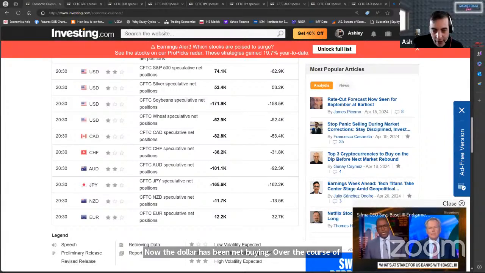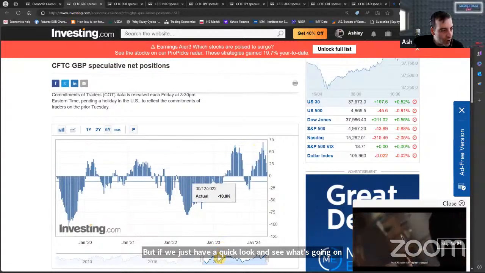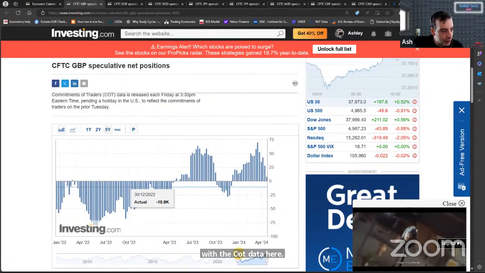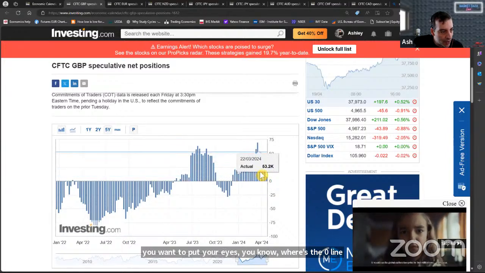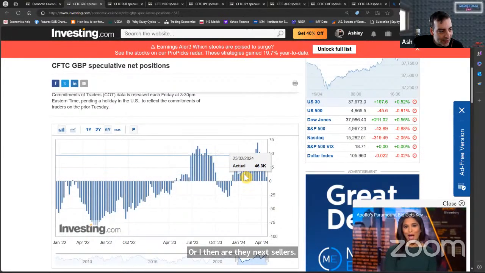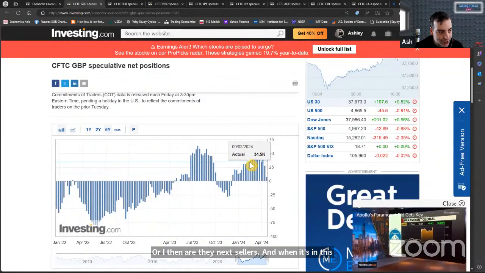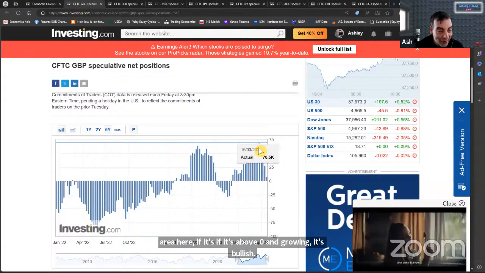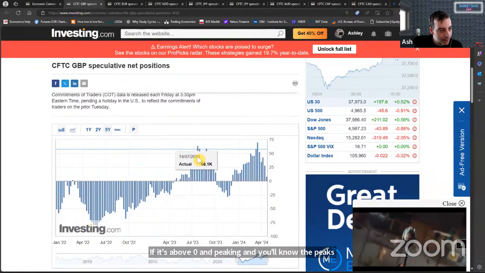and we kind of know that. We can see that in the charts, and we will look at the charts later on. But if we just have a quick look at what's going on with the COT data here, this graph tells you straight away where you want to put your eye: where's the zero line? And this tells you, are they net buyers or are they net sellers? And when it's in this area here, if it's above zero and growing, it's bullish. If it's above zero and peaking, and you'll know the peaks because they are met by previous peaks here, and